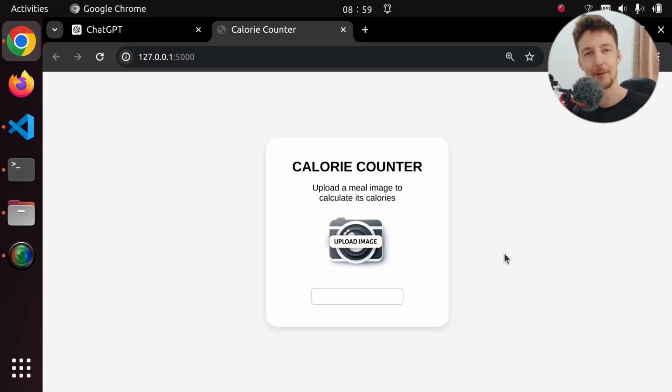Hi there! In today's video, I'm going to show you how you can deploy a Flask web application on AWS in an EC2 instance. And as an example, I'm going to use my calorie counter application that I created in a previous video. So basically, this is a ChatGPT powered calorie counter where you can upload an image and it will send that to ChatGPT to be analyzed, and then it will tell you how many calories is in the